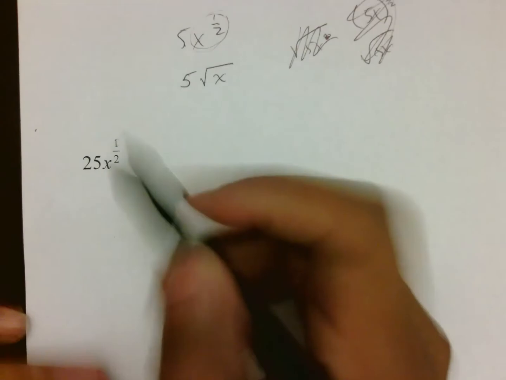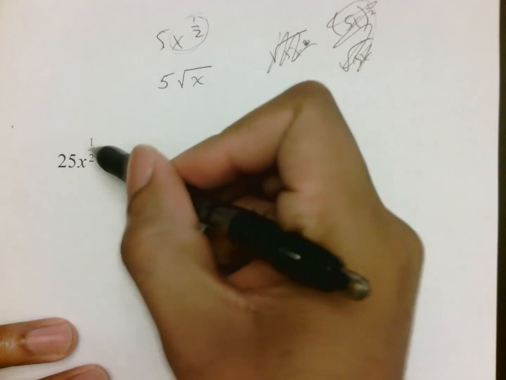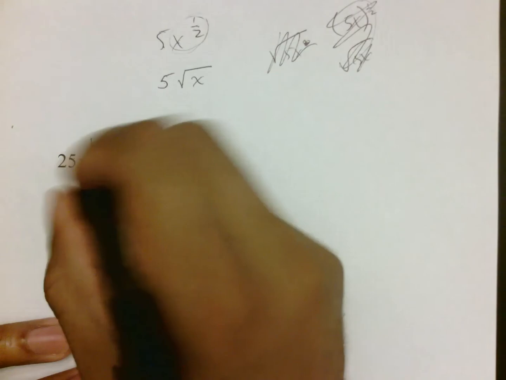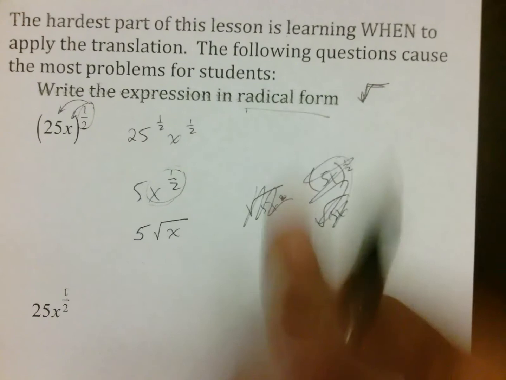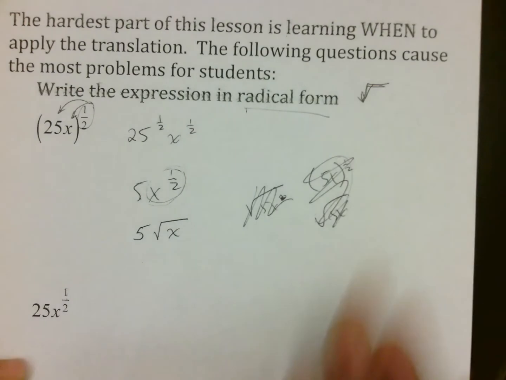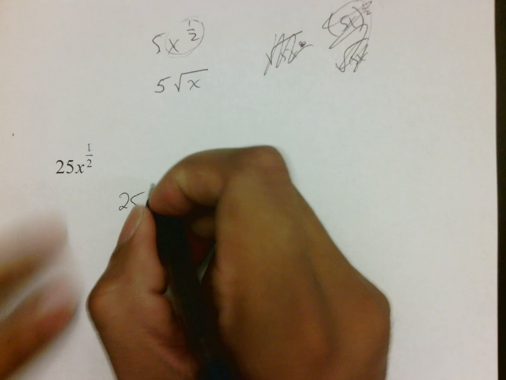Over here, 25x to the 1/2. Again, is this 1/2 attached to 25? No, it's not, so therefore the 25 stays the same. The x to the 1/2 is as far as we can go, but again, they want it in radical form, so that means that we don't want this fractional exponent, which means the 25 stays 25, and this